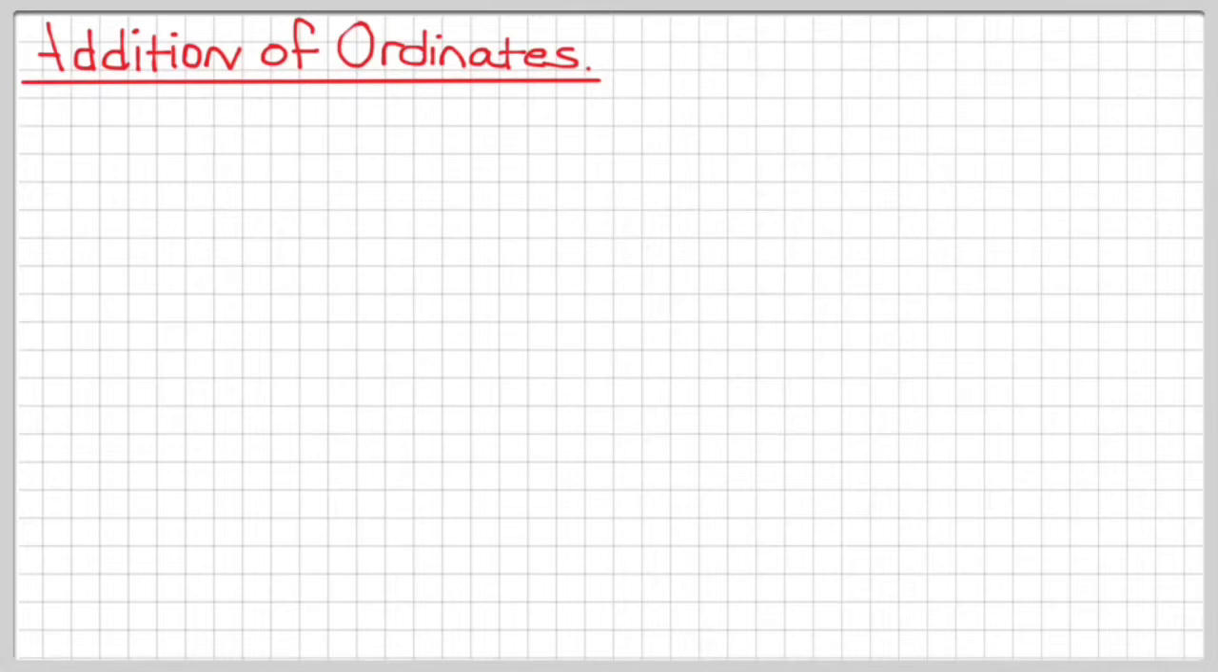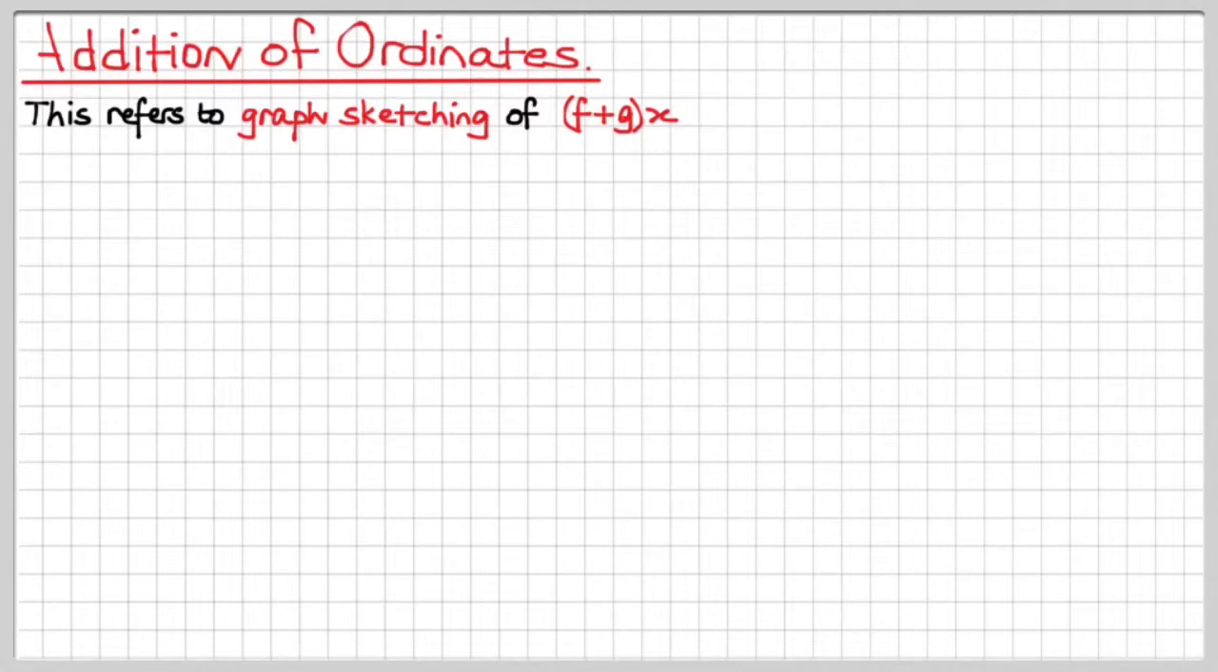Now we're going to do a little bit of addition of ordinates, which I've been talking about. That's basically just a graphical technique where you add y values up for a particular value of x. This helps us to work out what a graphical version of f plus g of x might look like. So it refers to the graph sketching of f plus g of x, which is f of x